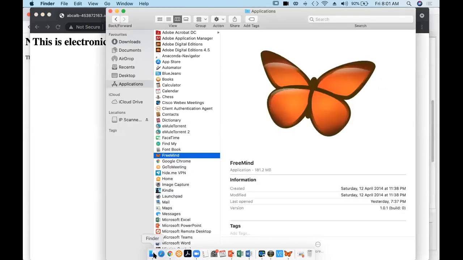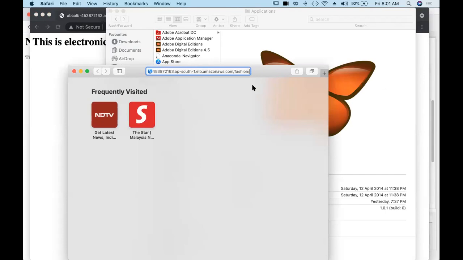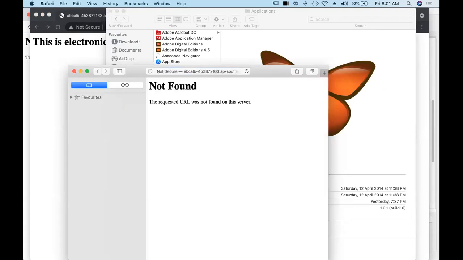Also try with a new browser. Requested URL is not found.